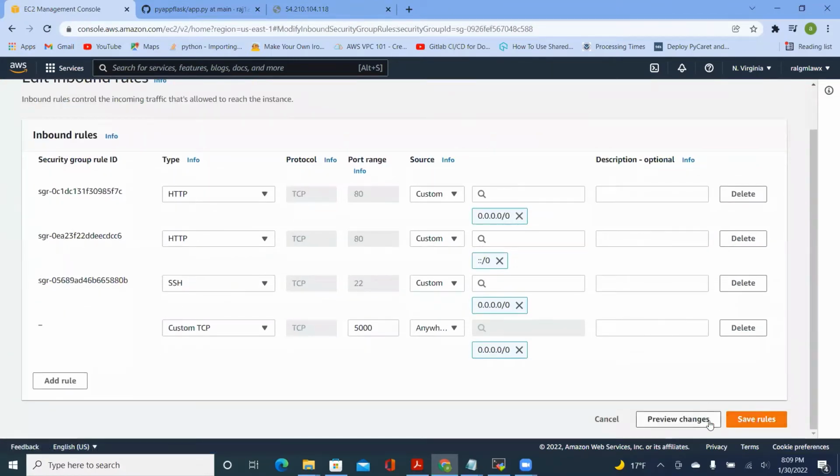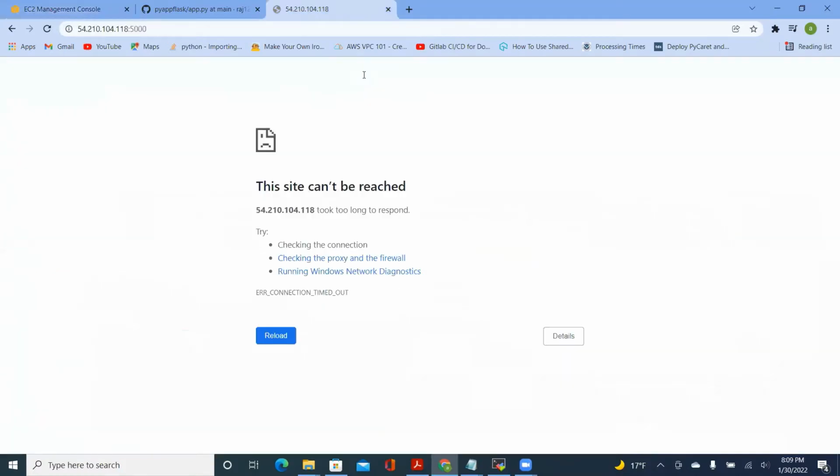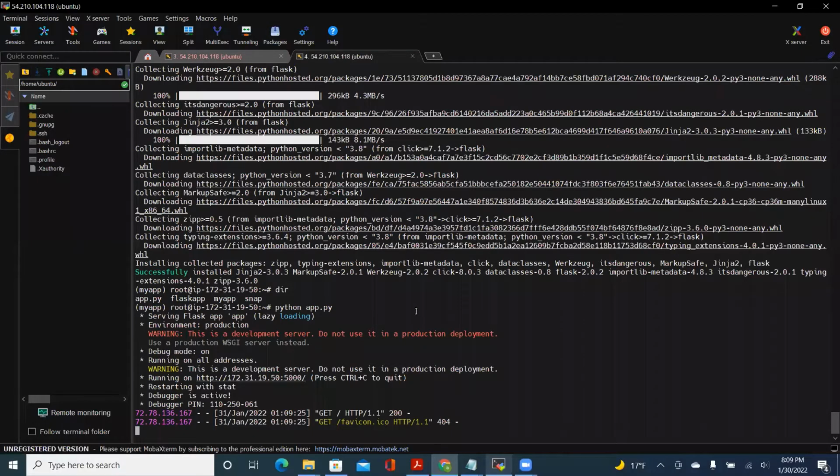Okay, now I should be able to access the app on port 5000. If I try this now, okay, there you go. Now I'm able to access the app on port 5000,